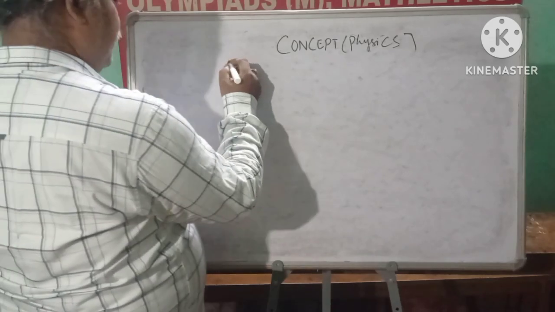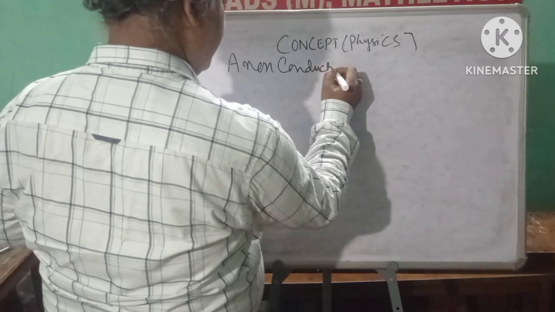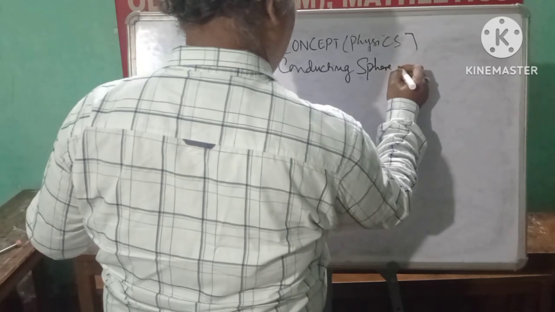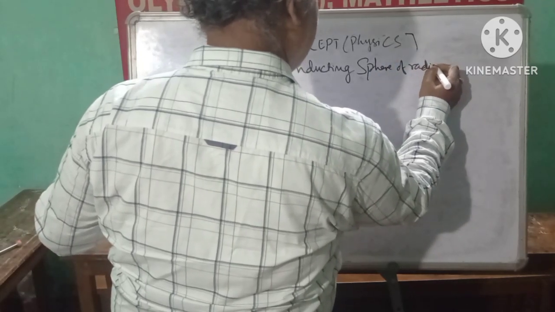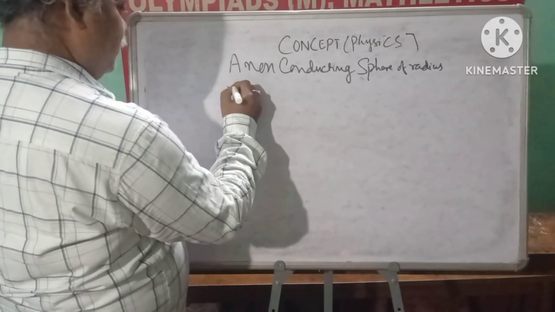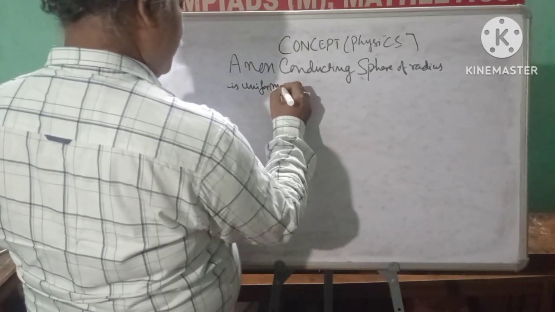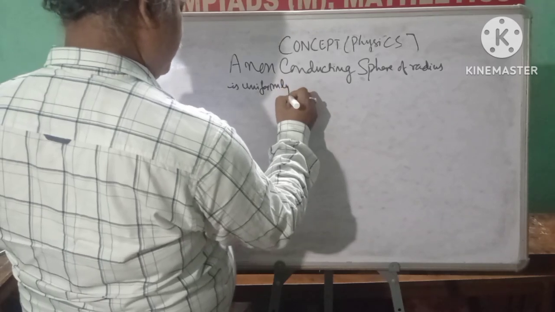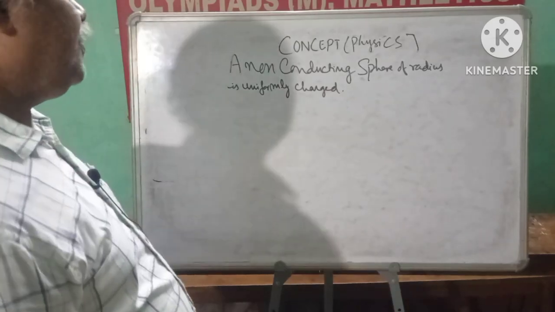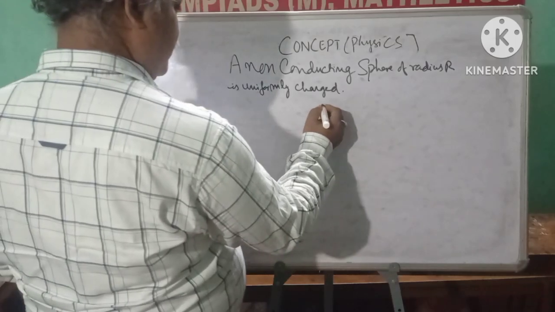Now the concept is a non-conducting sphere of radius r that is uniformly charged. That means a non-conducting sphere of radius r is uniformly charged. This is the sphere,